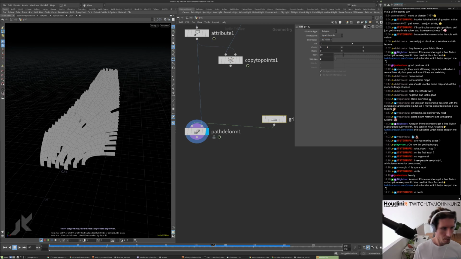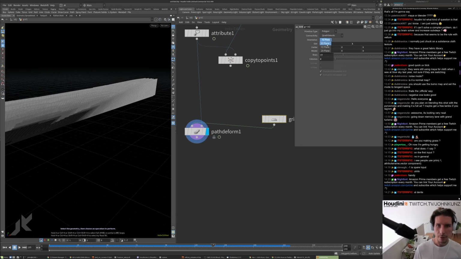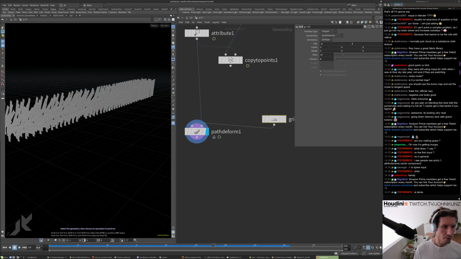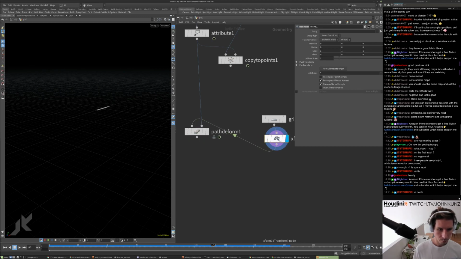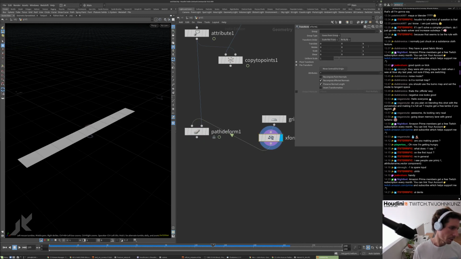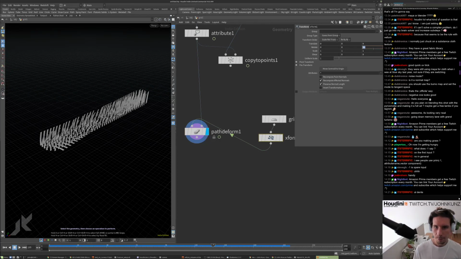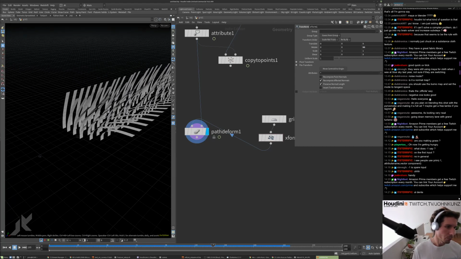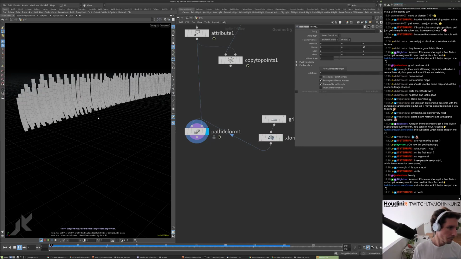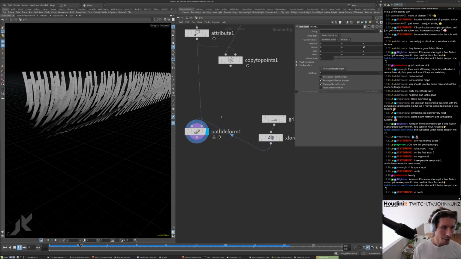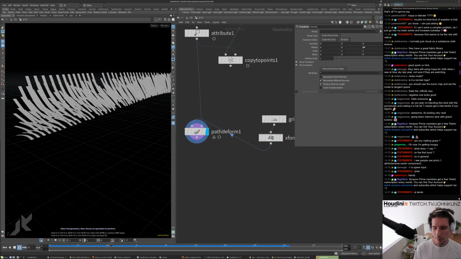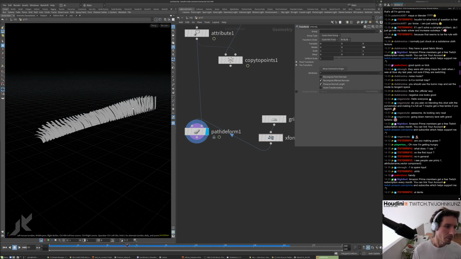If you want to, you could rotate this stuff. So just rotate this along the Z axis, I think, like 90 degrees, to change the directions. So we go either 0 or 90, just depending on which way your stuff is facing. It's super fast. Even this is a ton of geometry. It's a super good way to